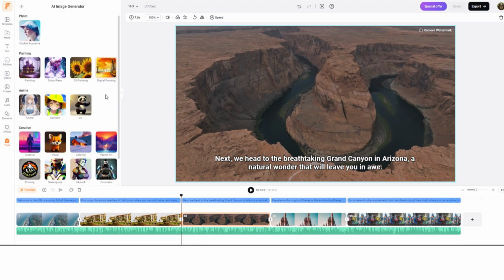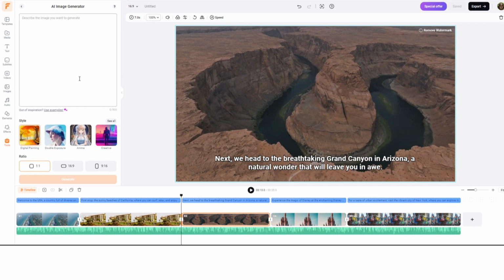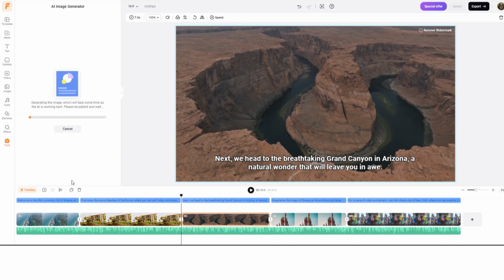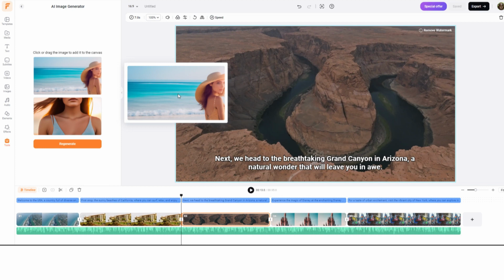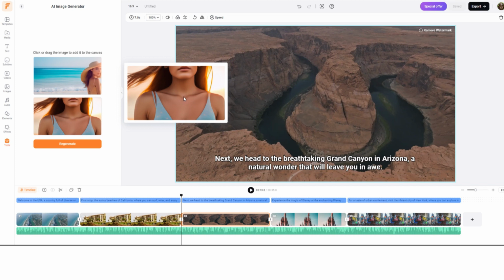Quite a few options here in the style. I don't see much, however, that is in like a photorealistic. Beautiful woman standing on a sunny beach. Aspect ratio. Let's see if it'll do 16:9. Generate. So it figured out beautiful women and on a beach. I'm not sure why this one were zoomed in on her collarbones and this one's barely on the screen, but